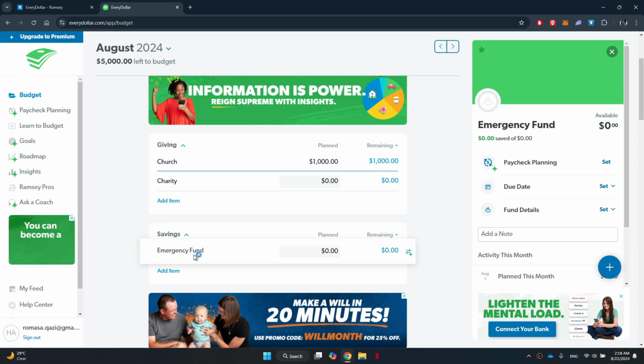One of the features I really like with Everydollar is you can make funds. So these are like sinking funds. If you want the money to roll over each month, you can create a fund. Under savings, they have an emergency fund. So if it has this little piggy bank right there, that means it is a fund and I can set